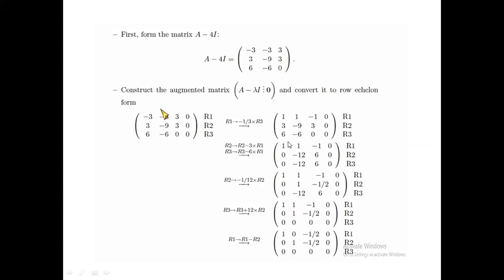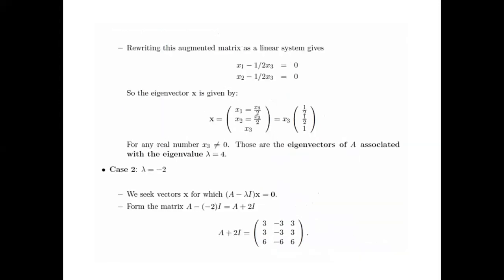Right? So you can also use this process to find the values of the eigenvectors, right? Or you can use the method which we used in the previous numerical. Right? So the first eigenvector that we get is half, half, and 1, right? And this eigenvector corresponds to the eigenvalue of 4. Right? Next, you do the same procedure for lambda equal to minus 2. So basically, you are calculating a